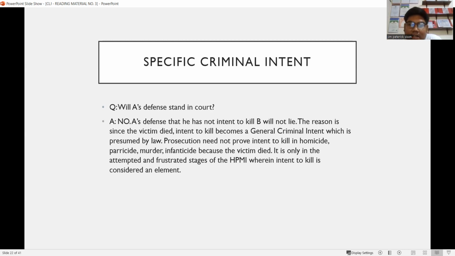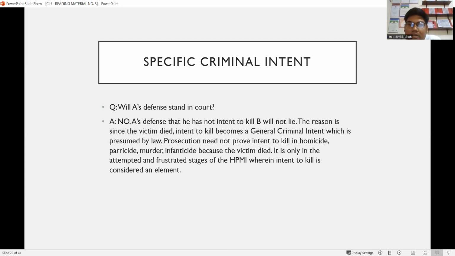Because A's defense that he has no intent to kill B will not lie. The reason is since the victim died, therefore general criminal intent is presumed. The prosecution does not need to prove general criminal intent; it is the accused, the defense counsel of the accused, who must. So intent to kill becomes a general criminal intent which is presumed by law. Since the victim died, it is presumed. So the prosecution will not prove intent to kill in homicide, parricide, murder, infanticide because the